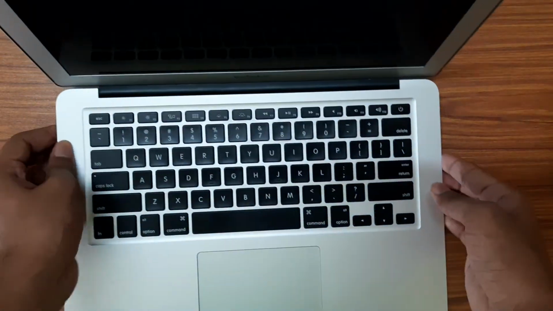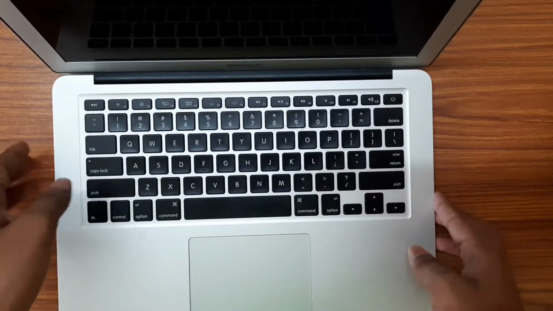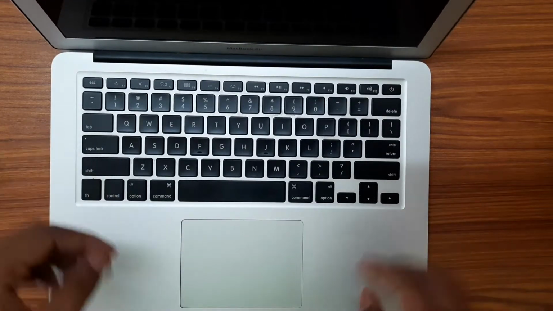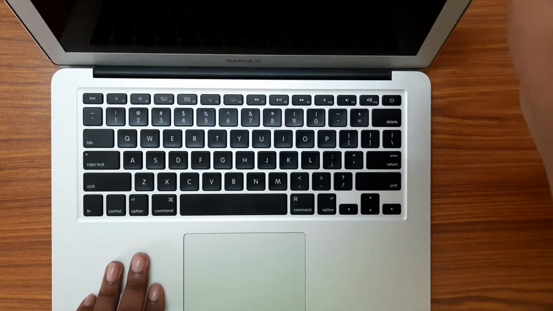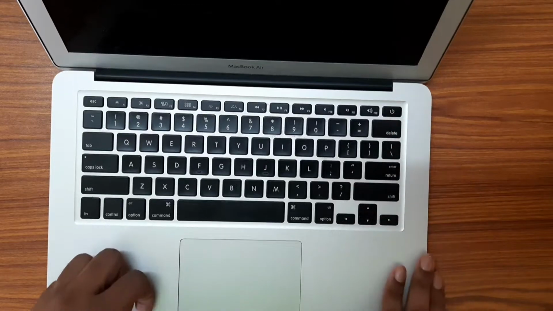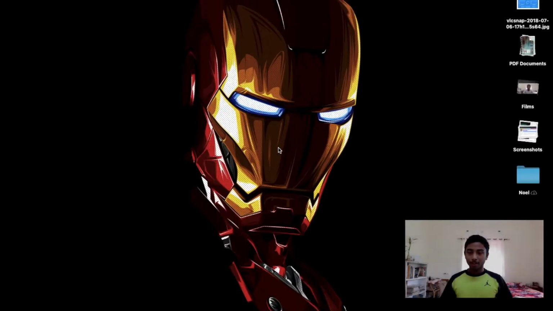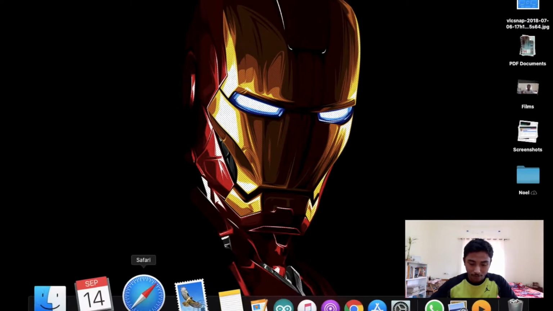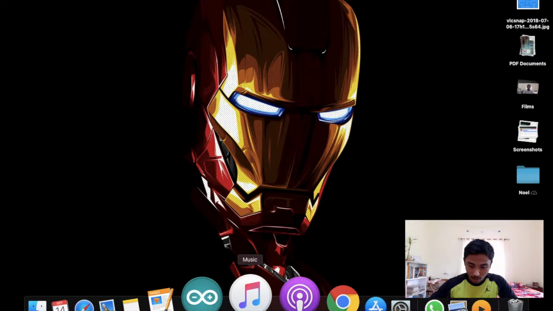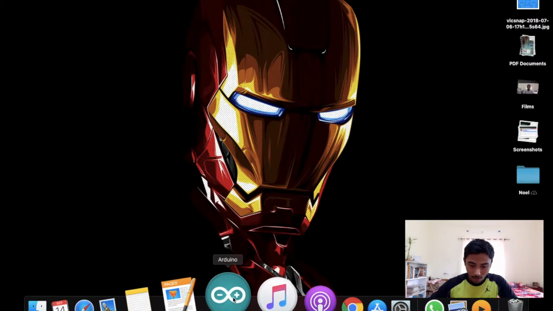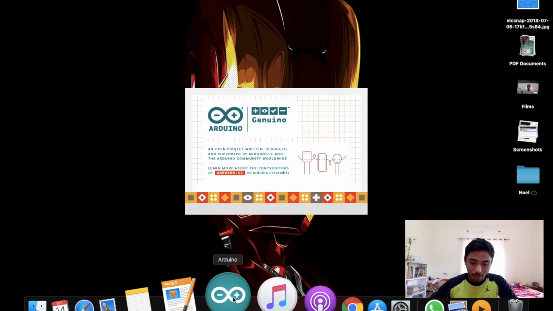Now the only thing that is remaining is to program the code that we need to upload to the Arduino board on the Arduino IDE. So let's grab my computer and get coding. Welcome to my computer. Yeah, this is my desktop. Now let's open the Arduino IDE. When I go to the dock, here's the Arduino. Let's open it up.